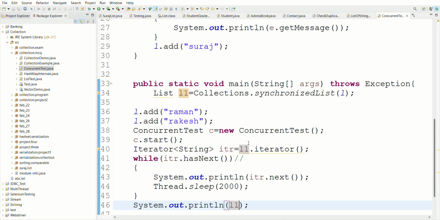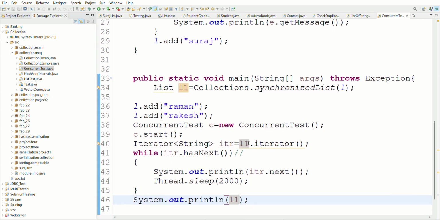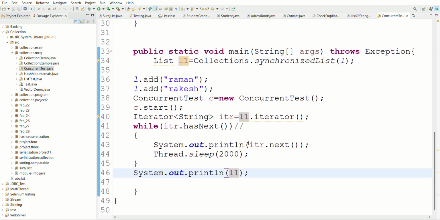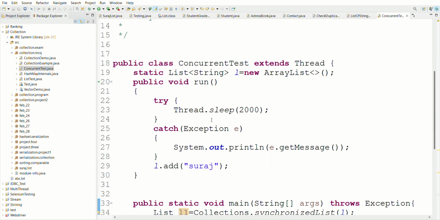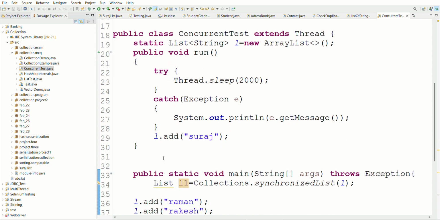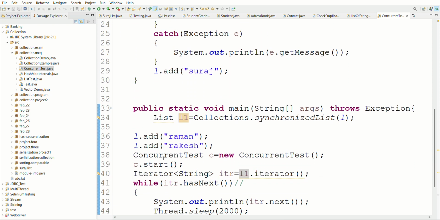ITR.L1. L1 is synchronized, and then I have called ITR.L1.ITR.hex next. Then my thread is sleeping for 2 seconds, but here it is adding in L1. Let me add here in L1. L1 is not applicable here, so